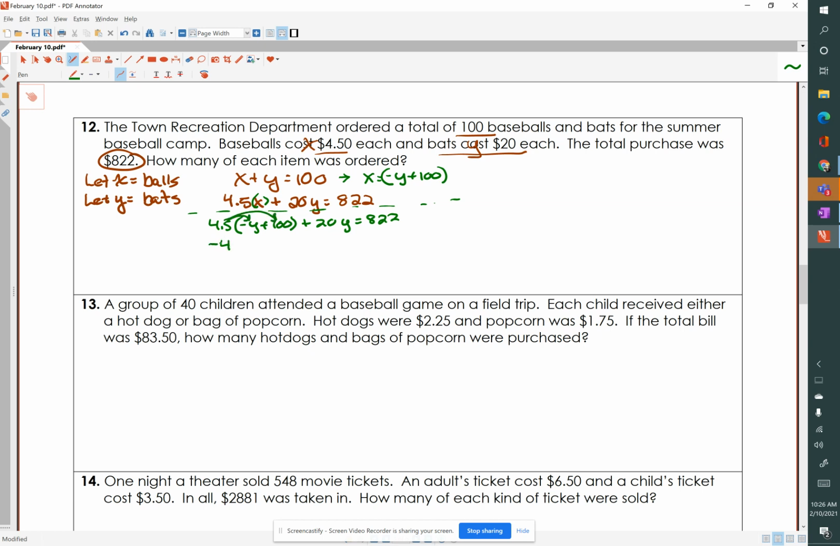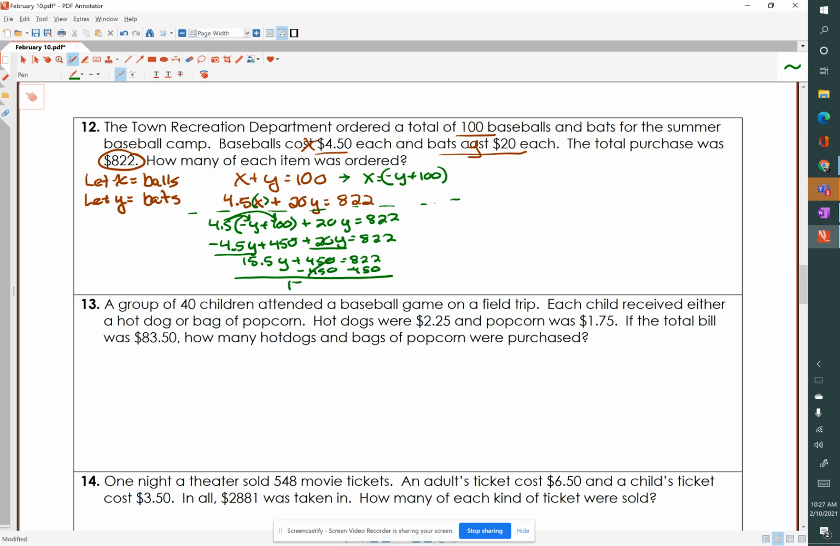Now I will distribute for negative 4.5y plus 450. You should be able to do that without a calculator. Plus 20y equals 822. Now we'll combine like terms. 20 minus 4.5 is 15.5y plus 450 equals 822. Subtract 450 from each side,